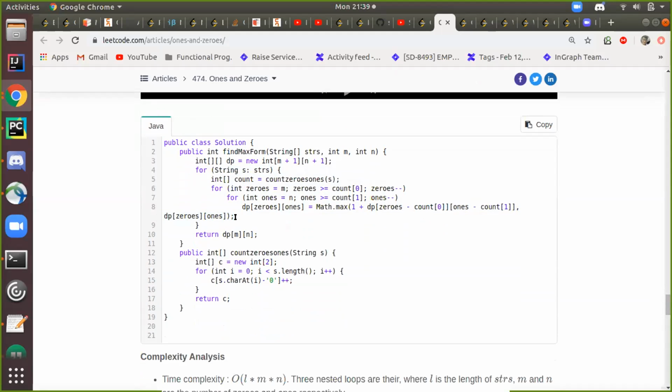So I didn't understand one thing here. Why starting from m and then going till only count of 0? Why is it not the other way, from 0 to count 0? If the number of zeros is greater than, then there's no point. For example, I have 3 zeros and the number of zeros in my present string is 4, so I just skip that iteration.